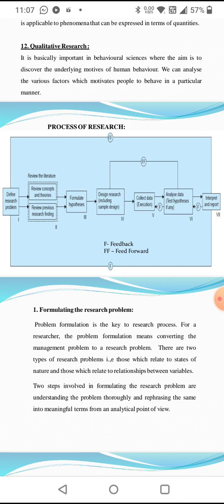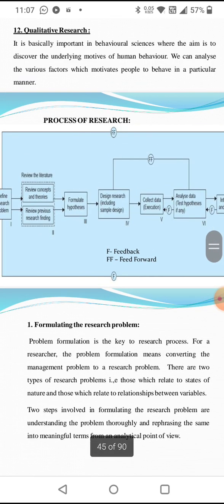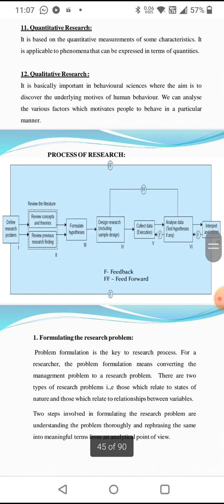The first step is defining the research problem, then reviewing the concepts and theories, and reviewing previous research findings, which basically includes your review of the literature. Then formulating the hypothesis, designing the research including the sample design, collecting the data, analyzing the data, and then interpreting and reporting,